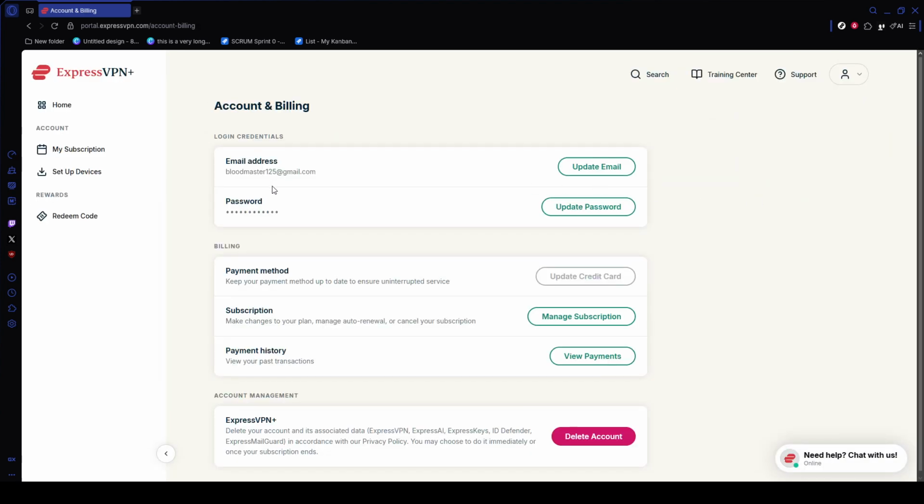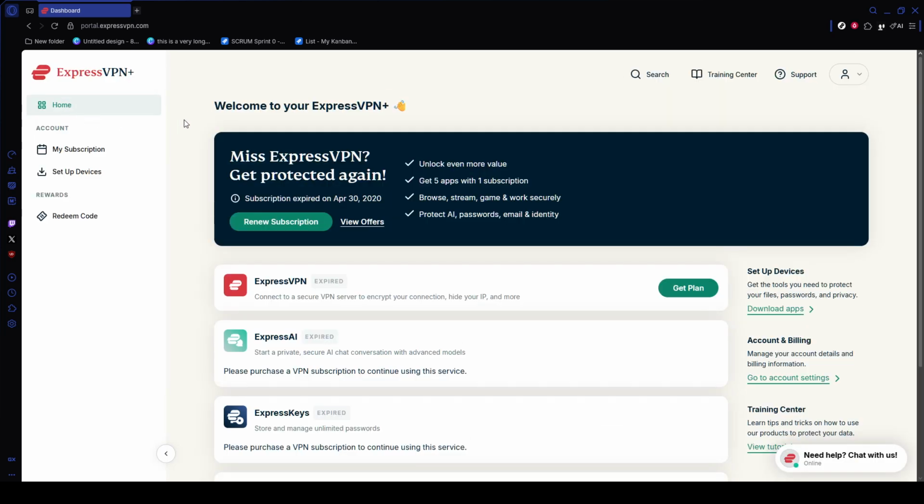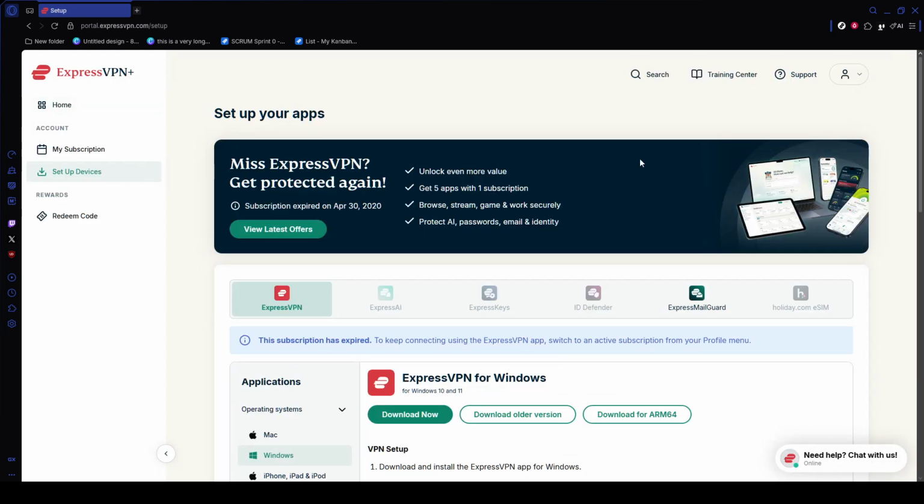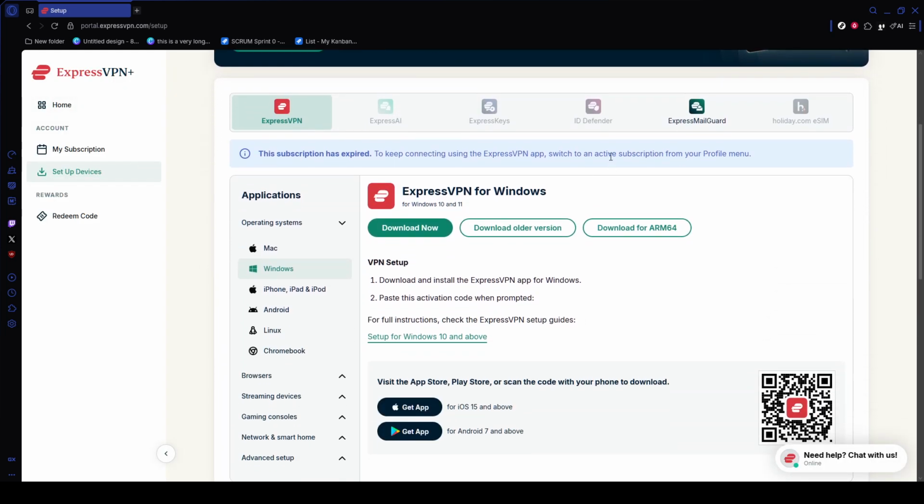After changing or resetting your password, open the ExpressVPN app on your desktop or mobile device. Sign in again using your email and new password, or use the activation code from your account dashboard if you prefer. Choose a server location and connect. Wait until the app shows that you're connected. Then open a private browser window and visit the ExpressVPN IP check page to confirm that your IP address and location match the server you selected. This final check helps verify that your account access and VPN connection are both working